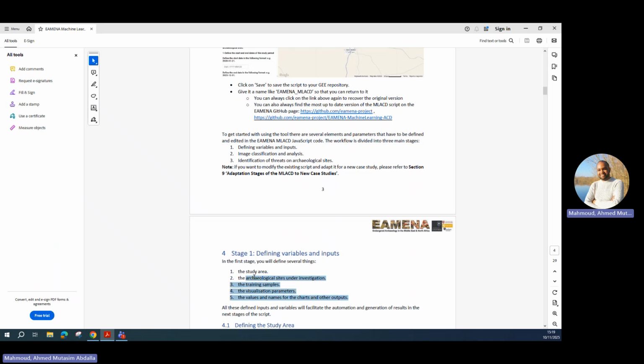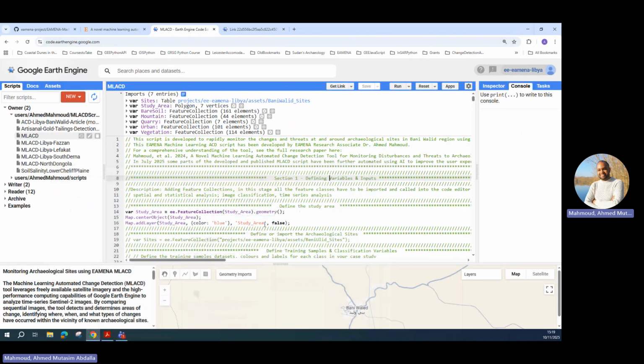So presuming that we already defined and did this stage, and we want to just execute the analysis using the machine learning ACD user interface to process and do the image classification analysis, then the identification of threats on archaeological sites. So if I go back to